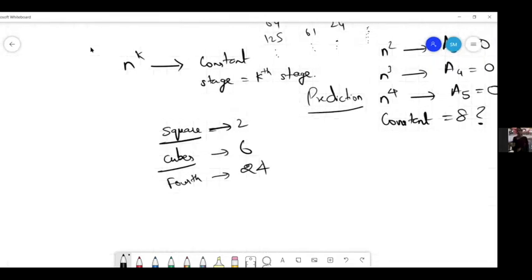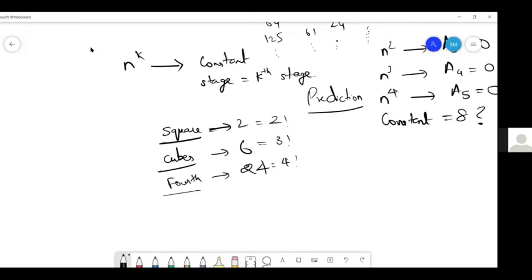Is that pattern correct? When it is n square, is it 2 factorial, and n cube is 3 factorial? Is it right? Wow, it looks right. It is looking like that, at least till now. Yes, we have to explore the 5th and 6th, but it definitely looks like that. So what are factorials doing here?